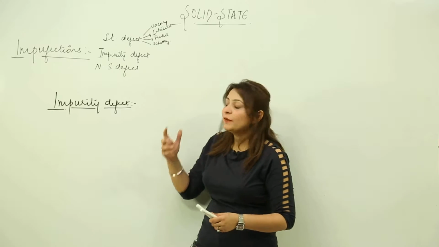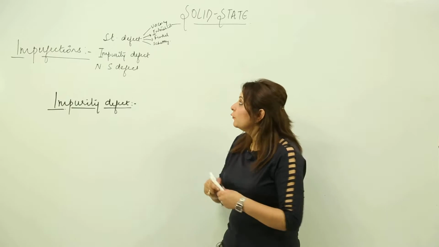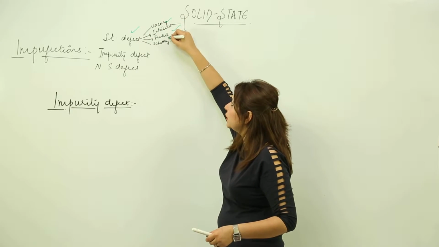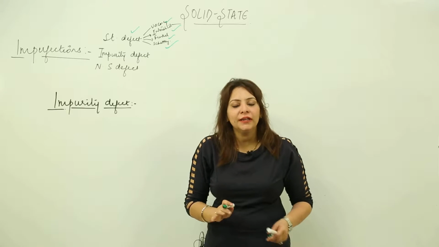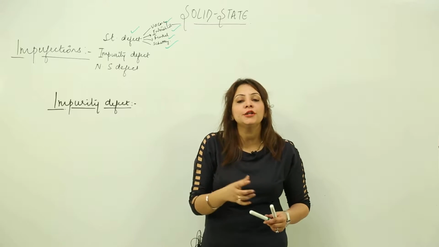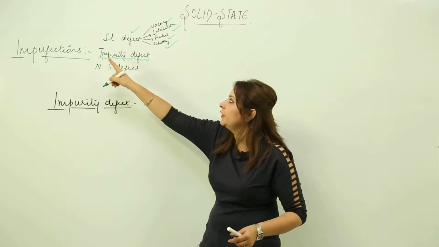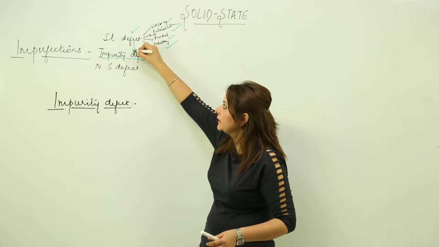Now we have started with the imperfection already. We did stoichiometric defect, we did its types, vacancy, interstitial, Frenkel and Schottky, and you know all that, right? What irregularity do you get to see in them. Now we are going to start with the second type of defect, that is the